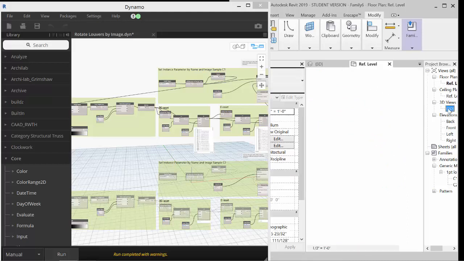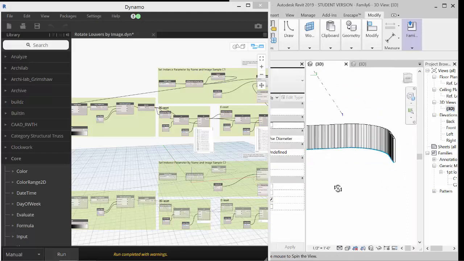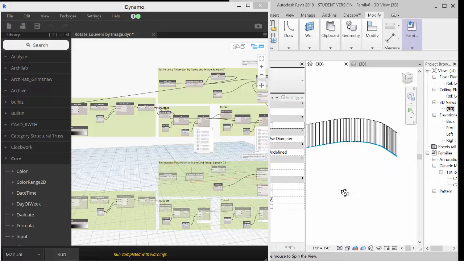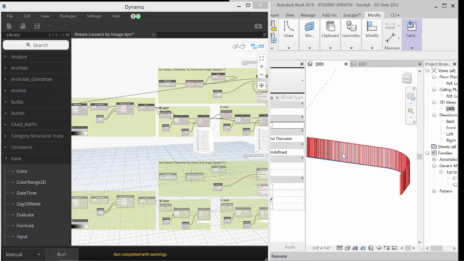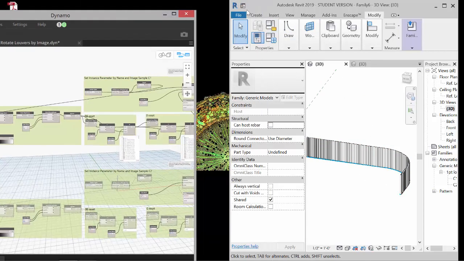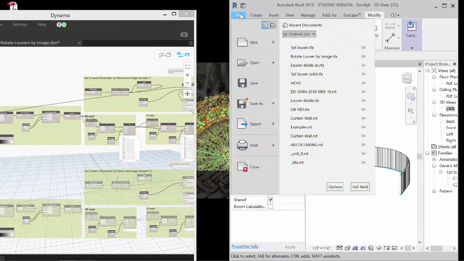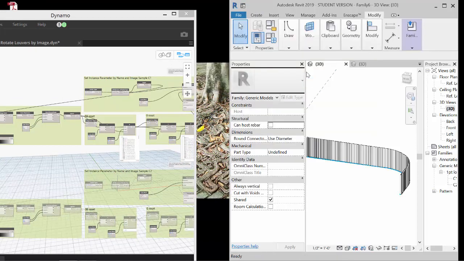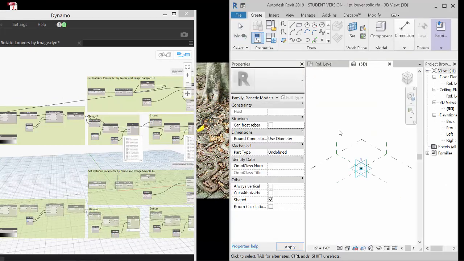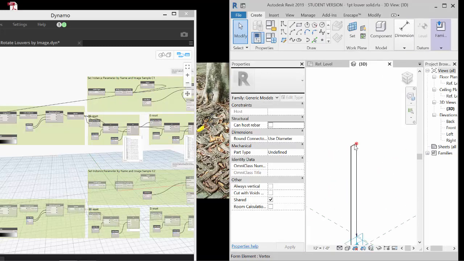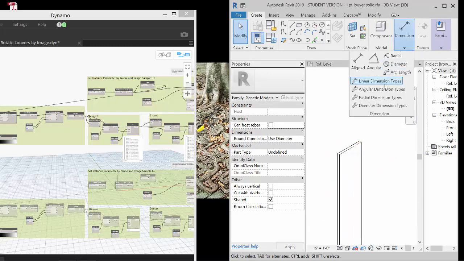If I go back to the 3D view, one thing I did want to tell you is I'm using a surface here, so it's pretty quick. Like I came in, and if I go to File and open this 1-point louver solid, I also made a solid louver, so it has some thickness to it. And if I load that into project,